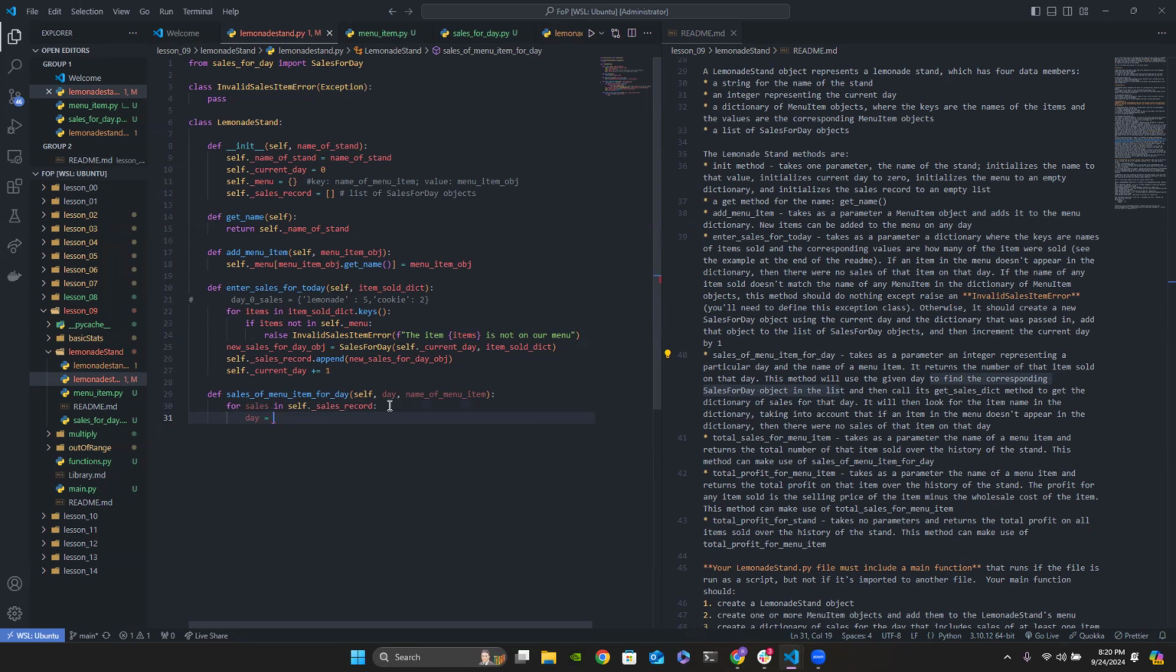Or actually, we can compare. We can do an if statement, right? We can do an if statement and see if they match. So we can do if day, right? We have the day right here that's being passed in as a parameter. If day is equal to sales dot